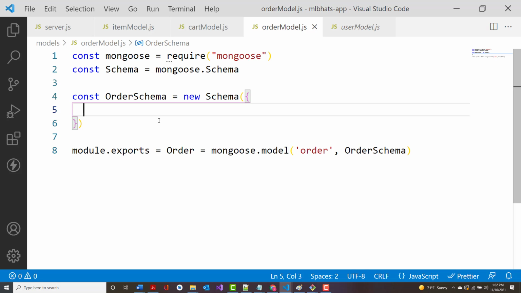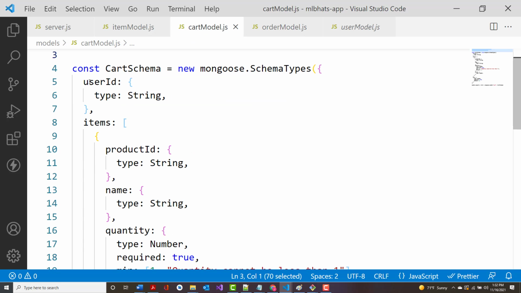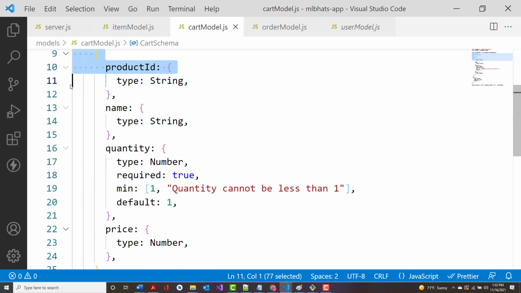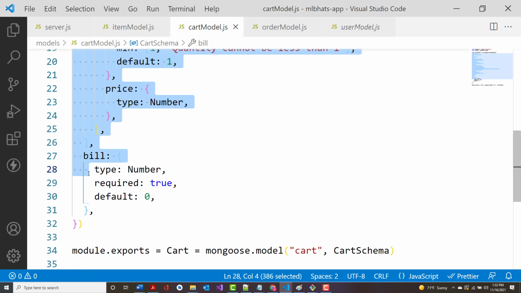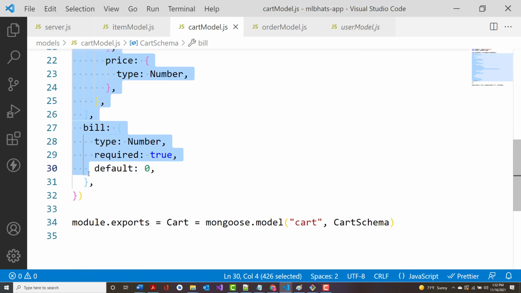Okay? All right. Now, something can be in somebody's cart, but technically they haven't ordered it yet. Would you agree with that? Depending on how you set this up, it could sit in their cart for a long time. The reason I'm telling you that is, for now, they might be almost identical. I'm going to go into the cart model, and I'm going to grab everything that's in there from the user ID